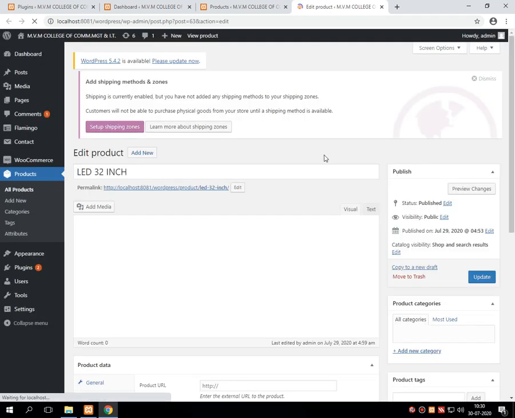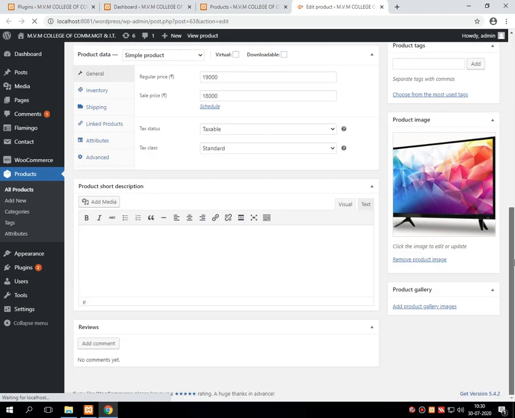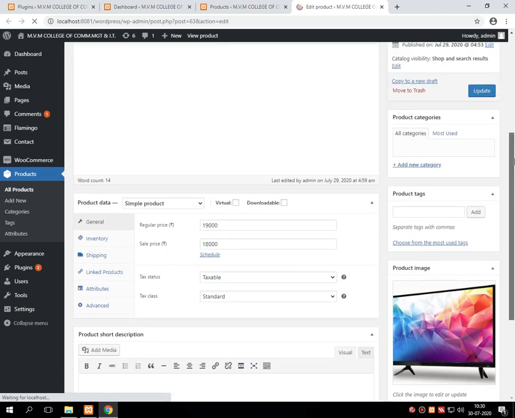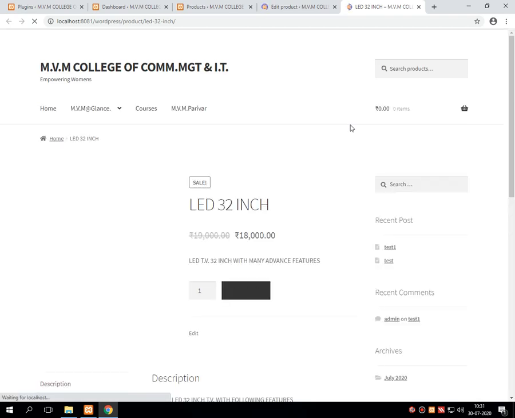Now once that product is open in the new window, this section we have already done in the last lecture. What we will do is click on the link of that product, so that the product is browsed and opened in the next window like this, where we will find the facility of add to cart.